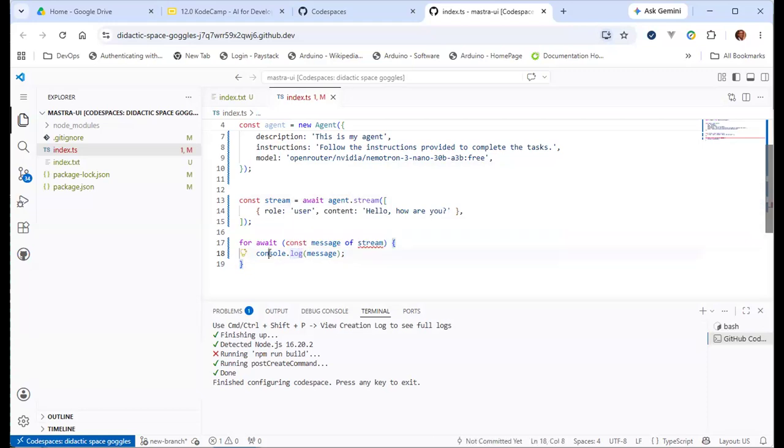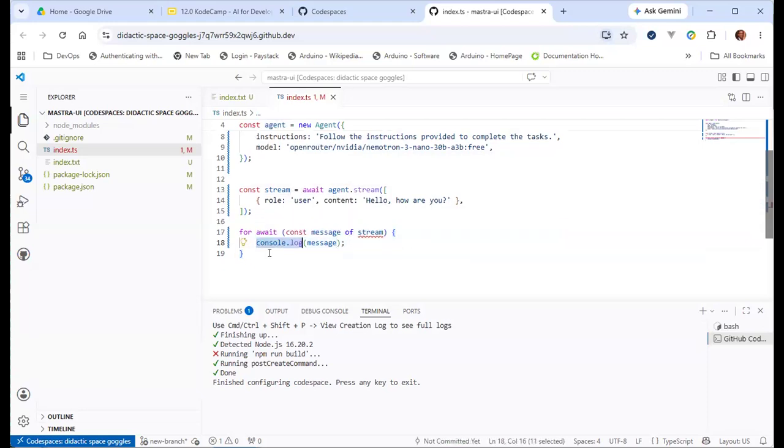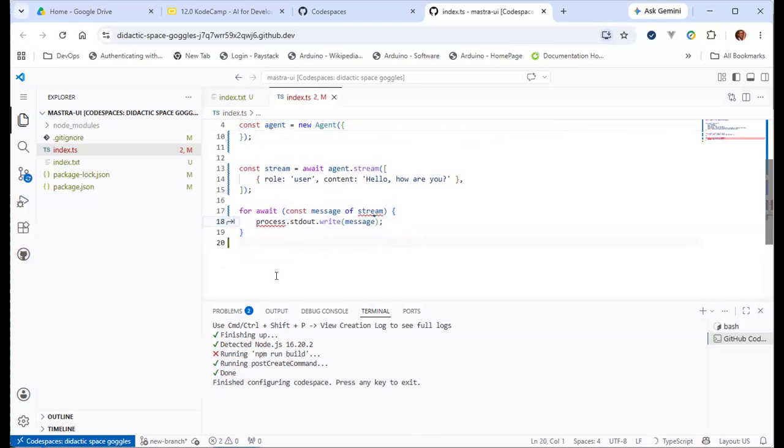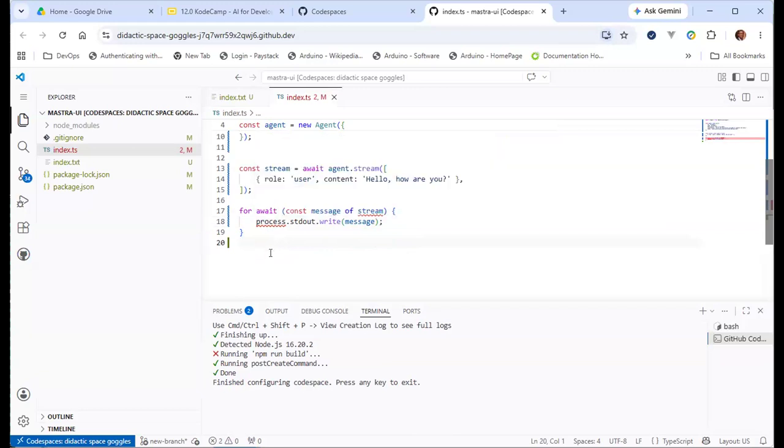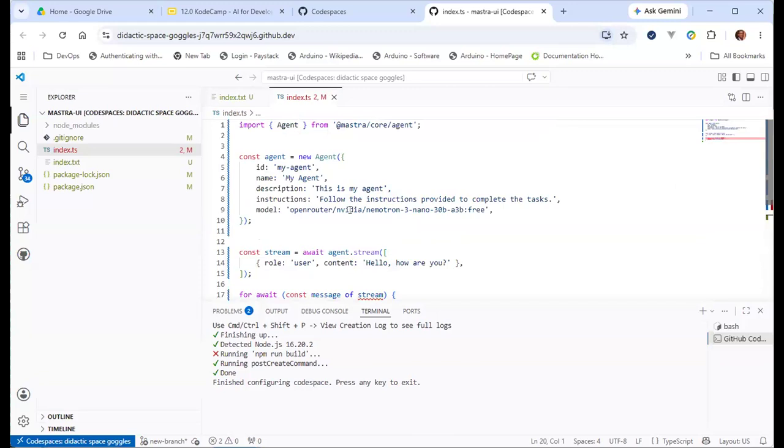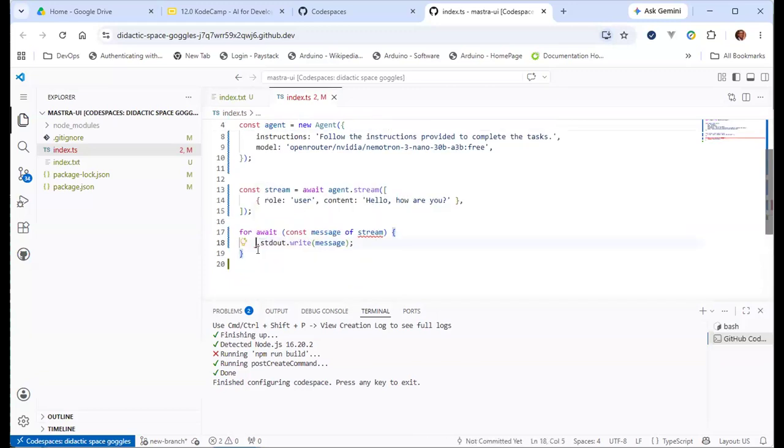But whenever you're streaming, like we talked about last time, I think it's always better to do process dot standard out dot write. Anyway, let me not do this yet because this requires Node. So let's just do console.log for now.